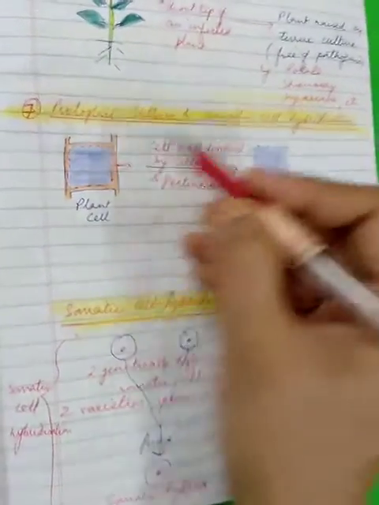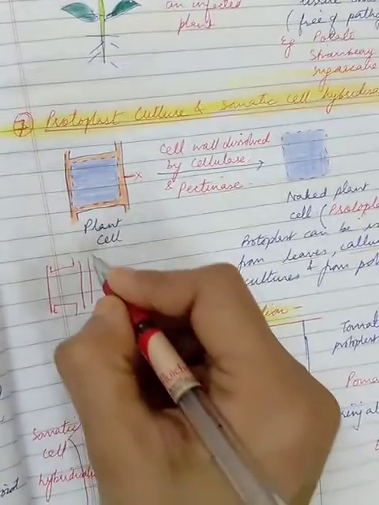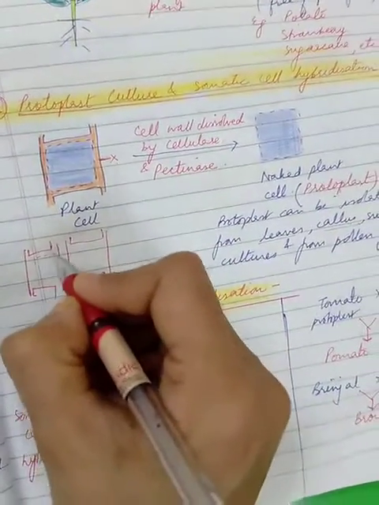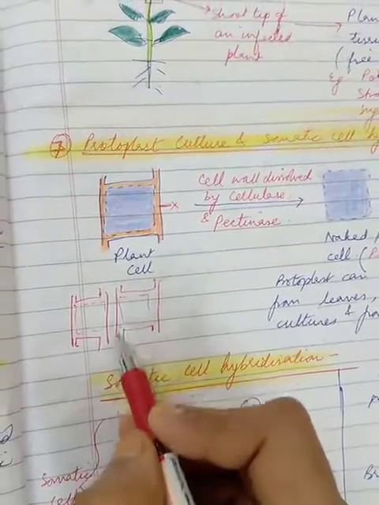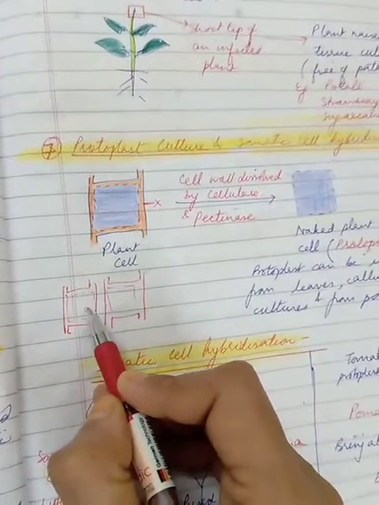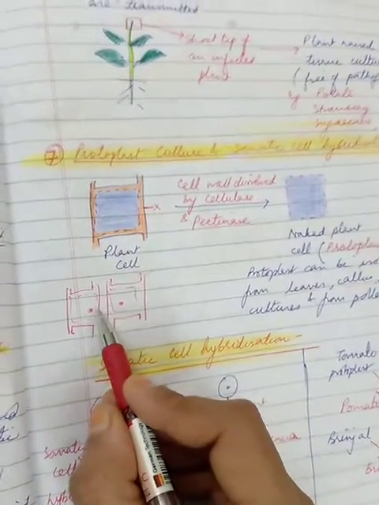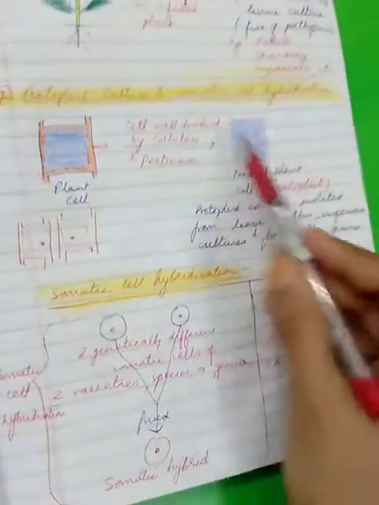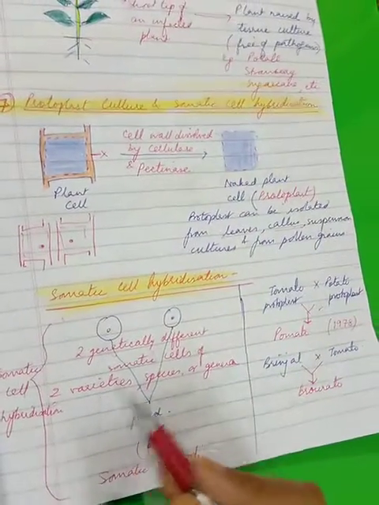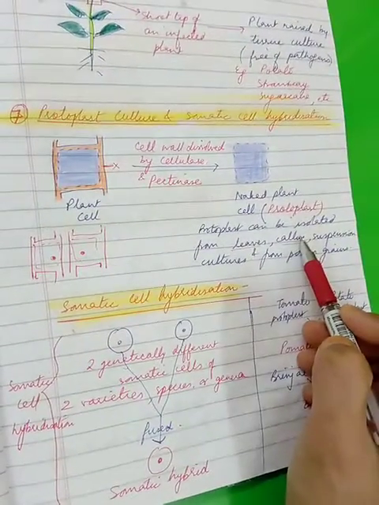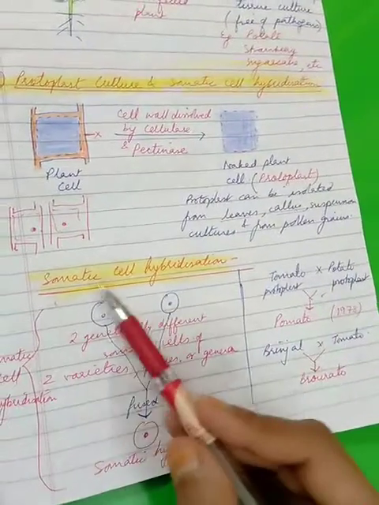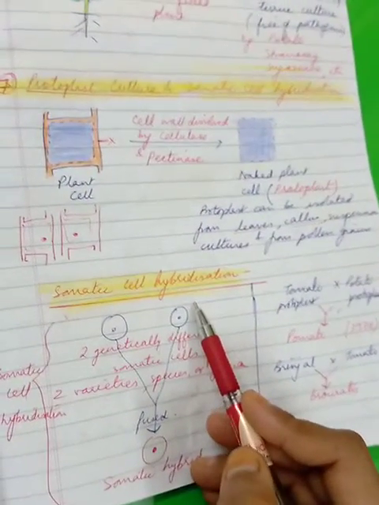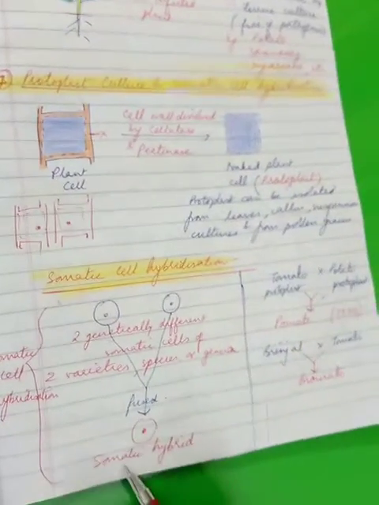Suppose two plant cells have to be fused. Suppose this is one plant cell and this is another plant cell, and you want to fuse them. The fusion is very, very difficult because of the rigid cell wall. So if you have to fuse this nucleus and this nucleus, the first step is to remove the cell wall. And for that very purpose, we obtain the protoplast. So the next thing to understand is why this protoplast has been obtained. It has been obtained for a process called somatic cell hybridization, for which we obtain hybrids called somatic hybrids.